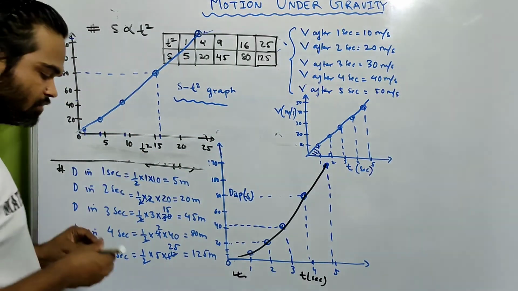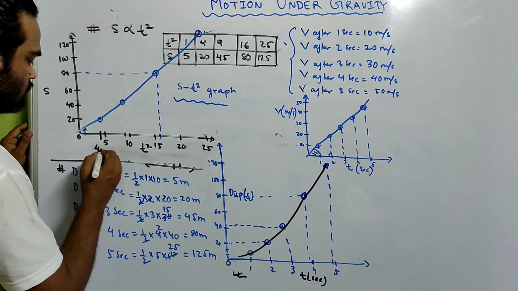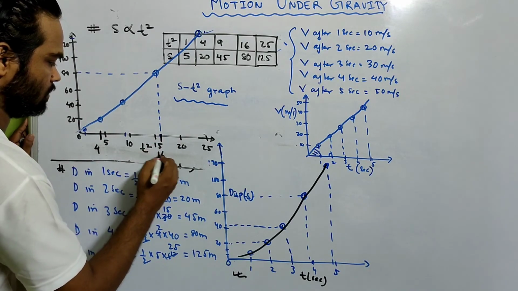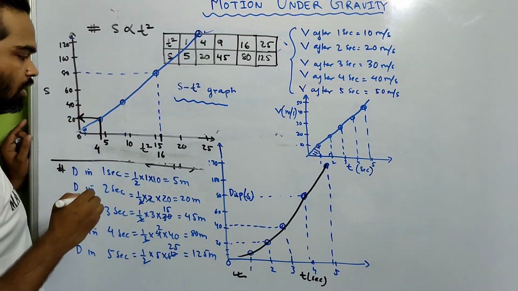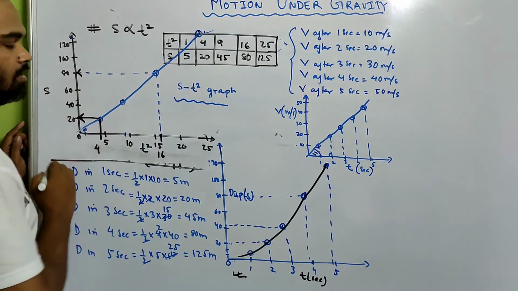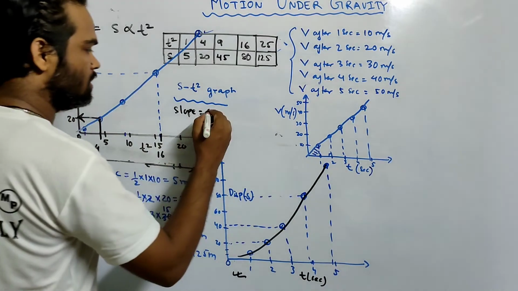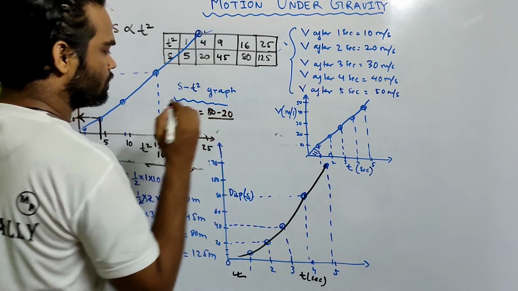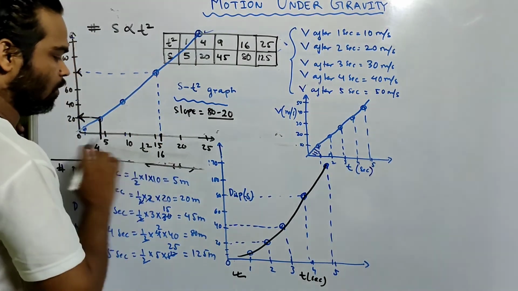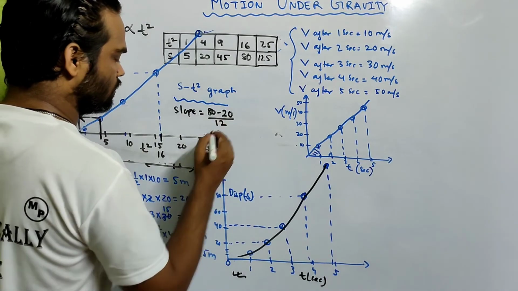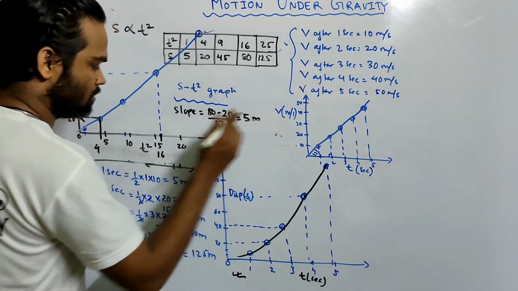Now, if you find the slope of this, very interesting fact, just look over here. I take this point, which was 4, and this was 16. So, when t square was 4, S was 20. When t square was 16, it is 80. So what is slope? Change in y coordinate, which is 80 minus 20, by change in x coordinate, which is 16 minus 4. That's 12. This is what? 60 by 12, that's 5. This was in meter per second square,